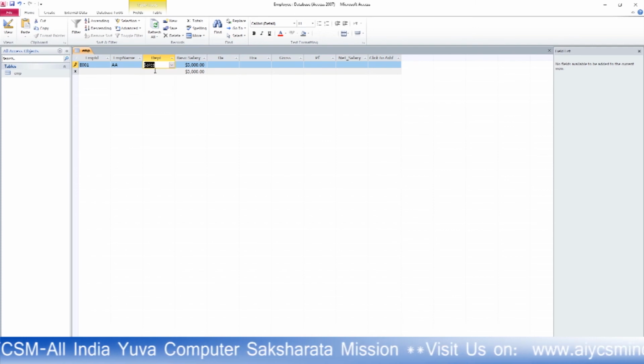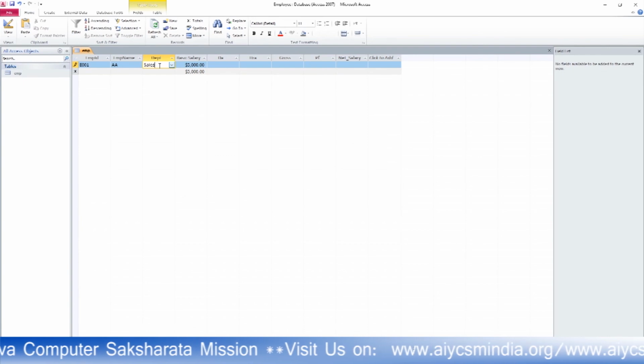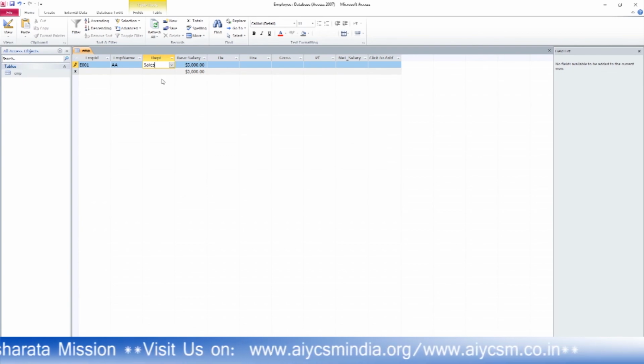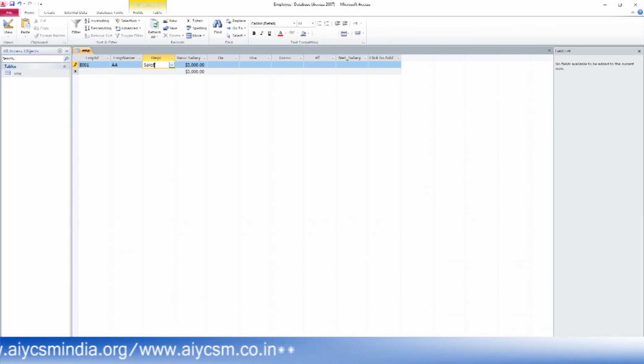You don't need to write in this record. So this is the meaning of lookup wizard. With the help of lookup wizard, you can provide the values from the design view. You are not here to write the name of this department because there are so many records, but this field always has only 3 to 4 departments in a company. So instead of writing it one after another for every record, you are able to provide it like that.